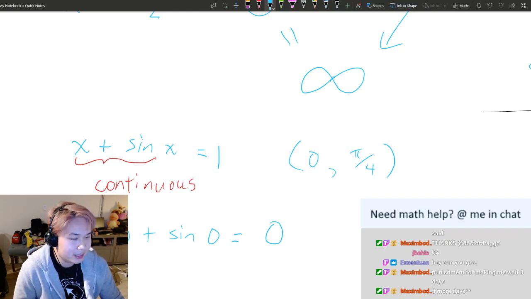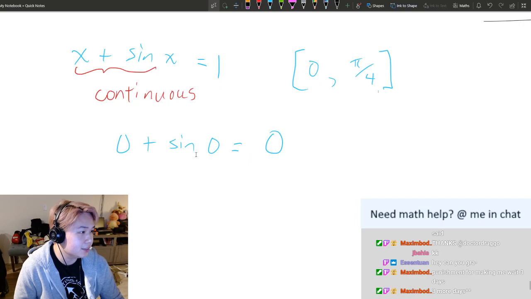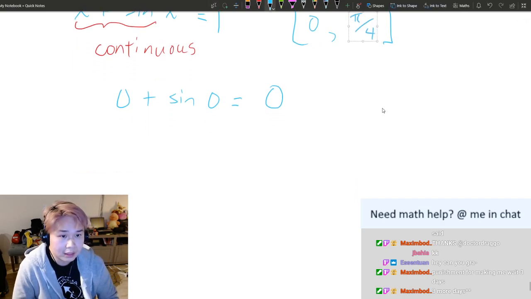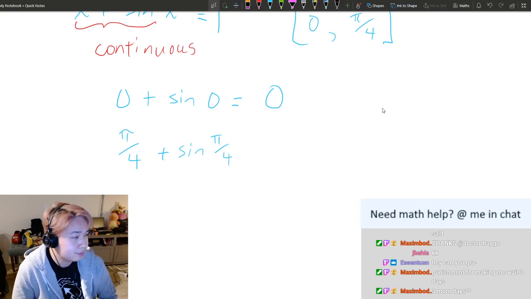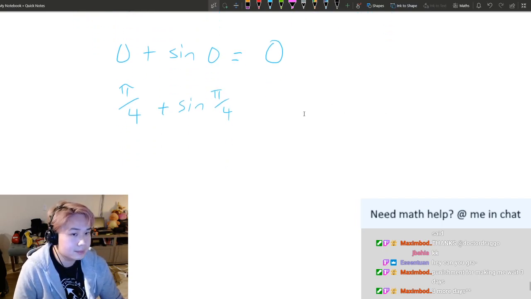Oh, and then I misread your question. So this is square brackets. Okay, so we know that at 0, the value of this is going to be 0. And then we're just going to check out this one here. So pi over 4 plus sine pi over 4. So sine pi over 4